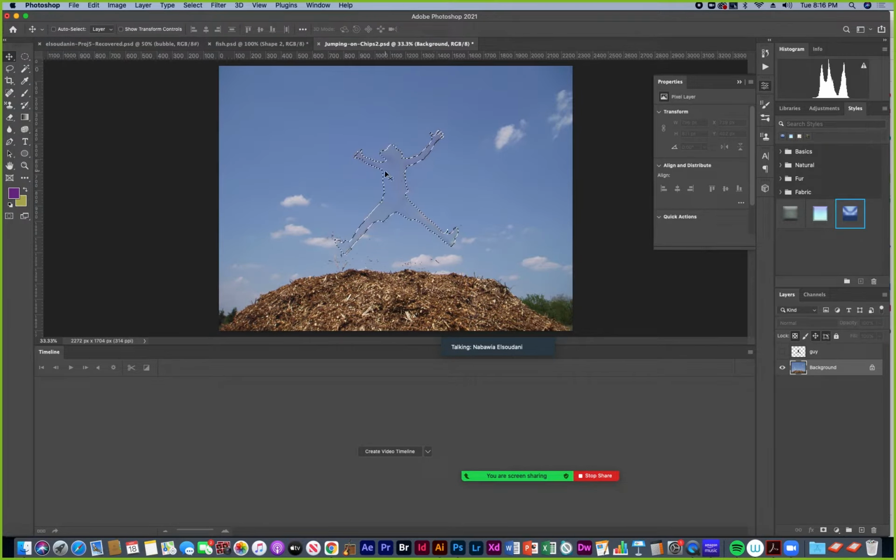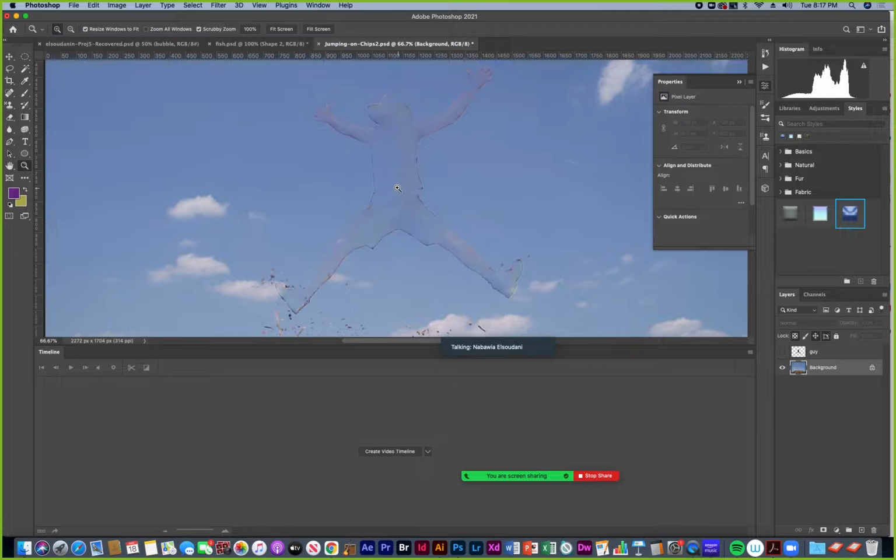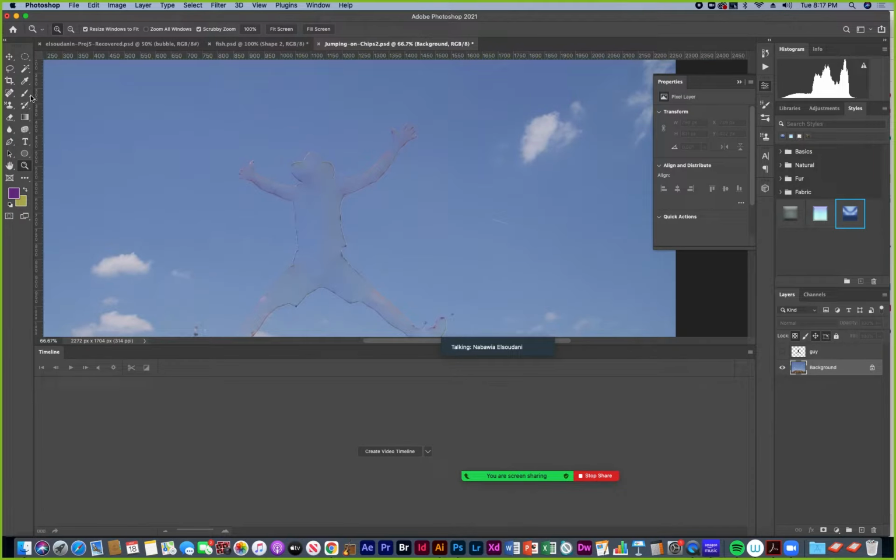So that fills the guy selection with content aware, which is what's around the surrounding area around the guy, the sky. But when I deselect, it kind of looks like he was like a paper cutout guy jumped through the sky and they taped it back together or something like that. So I want to make that look a little more clean. So I'm going to do that with the patch tool, which is a fast way to do it.